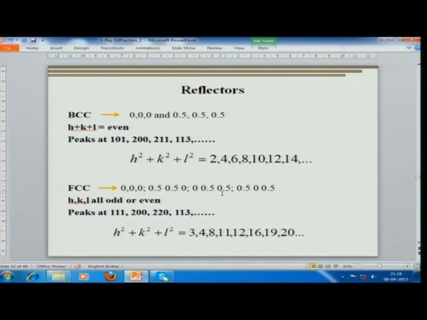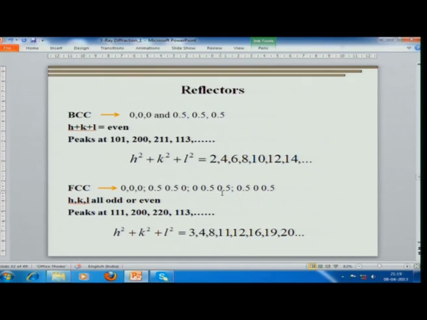However, when we come to BCC, we have 2 atoms per unit cell, which are located at 0, 0, 0 and 0.5, 0.5, 0.5, right at the center of the cube. Therefore, we get a condition that diffraction occurs only when h square plus k square plus l square is even, that is 2, 4, 6, 8, 10 or 12. Put in other words, diffraction occurs only for peaks wherein h plus k plus l is even,